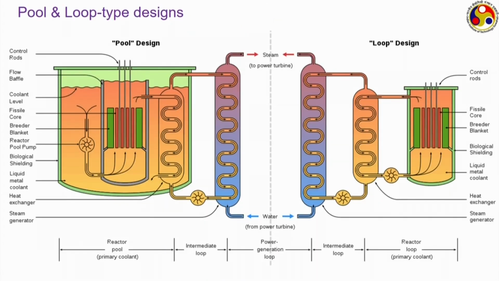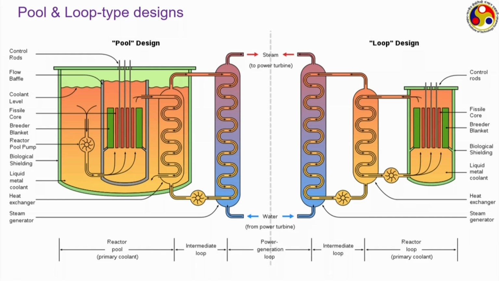Finally, there is the pool and loop type design. Nuclear reactors, as the two diagrams that we have seen, if you look carefully, their figures look quite different, and accordingly fast breeder reactors can have two kinds of designs. One is the pool type design, the other is the loop type design. The sodium cooled fast reactor that you have seen actually adopts the left one, that is a pool type